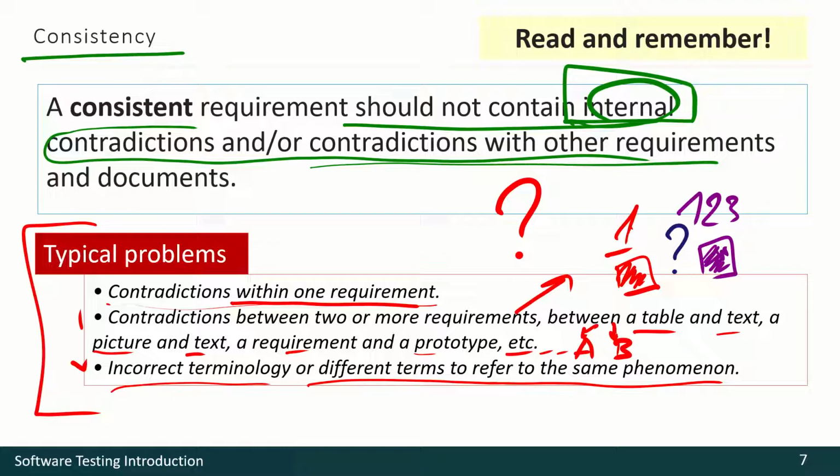the same phenomena, etc. For instance, speaking about an interface, one may use such terms as window, screen, display, and so on. Of course, in some situations, window, screen, and display may denote the same thing. But usually, window, screen, and display are not the same, and we should not refer to one thing with all these three terms.